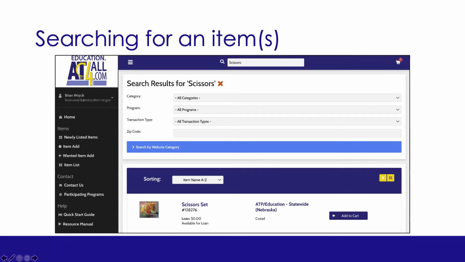After searching for scissors, we find that there are 22 items available from the ATP Education Loan Pool. If this is too many options, you can narrow your search by using the filters. You can narrow by general category, program, and transaction type. Only ATP Education statewide program items are listed on loan on